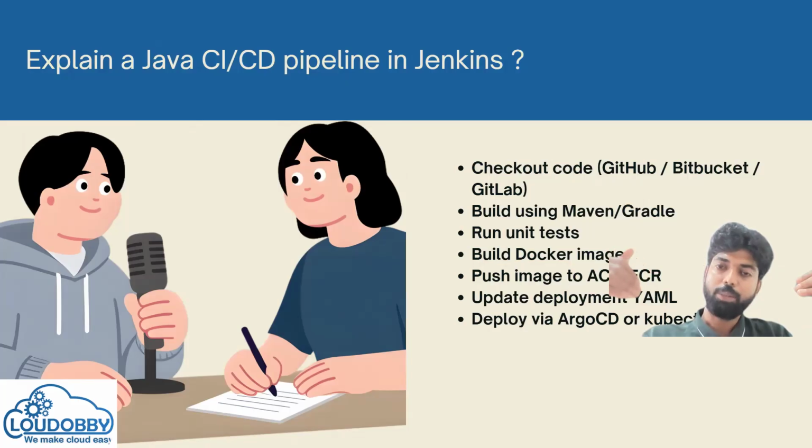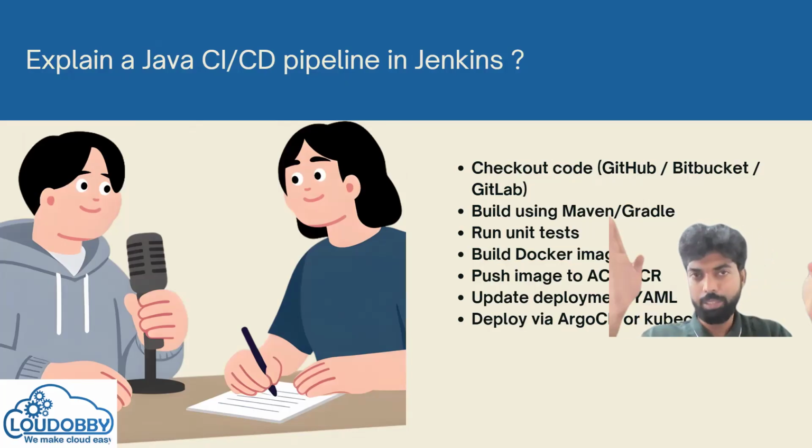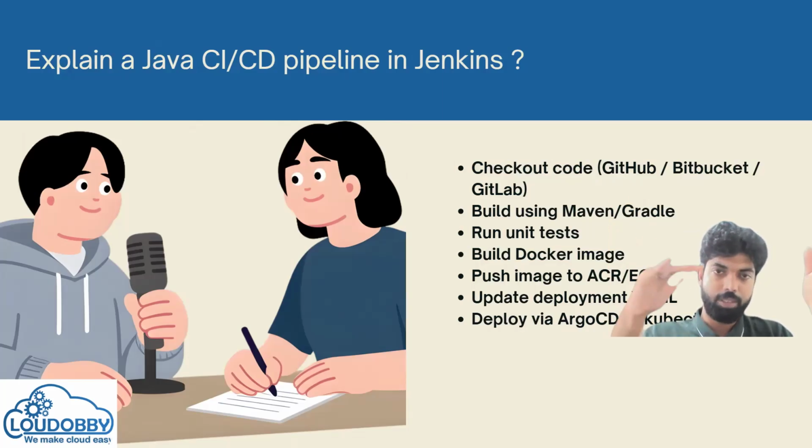Then update deployment.yaml, because you have created the new version of the Docker image from version 21 to 22. Then this should be updated in the deployment.yaml. Once it is updated, automatically ArgoCD, which is checking this YAML using Git, this is a GitOps tool, will deploy this new image. So these are the different stages you have to configure in the Jenkins pipeline. Okay, it's a Groovy script with the different stages.